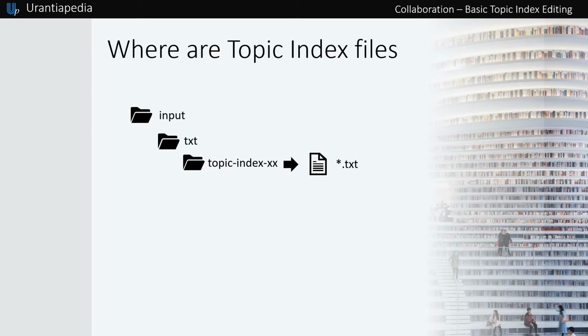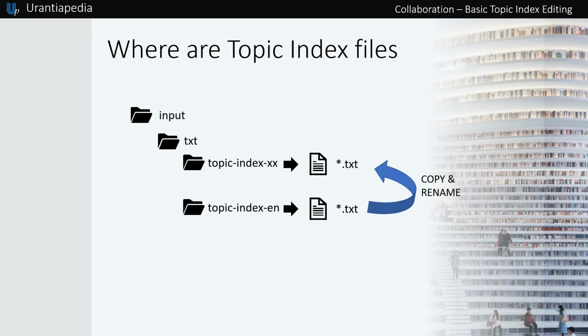If you're going to work in a language that is not English or Spanish and that is not currently present in the project, you will need to copy the version in English that is here, input folder, txt subfolder, and topic index en subfolder, and paste it in the same parent folder but renaming the new folder to the required language.